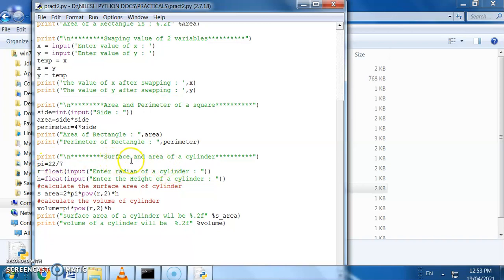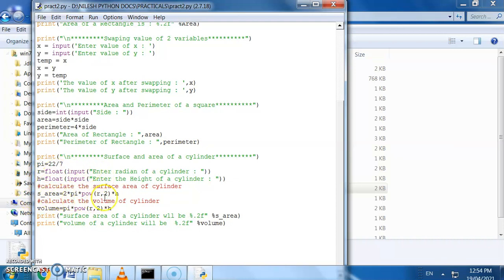Finally, this is another program, the surface area and volume of a cylinder. We have taken a value for pi. Then we take the radius of the cylinder as an input, and the height of the cylinder, also as an input from the user.